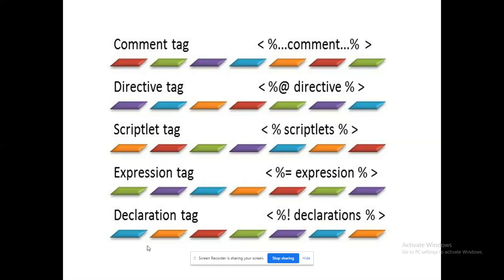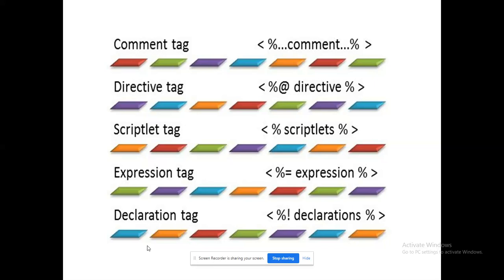Only pertaining to dots, it is comment tag. I'm going to mention %scriptlet tag. So scriptlet tags are mainly used when I'm going to work with Java code. %@ means the code will run at server. %scriptlet means it will be handled directly by the compiler. %equal to means it will evaluate an expression. If you are going to give a Java expression there, it will be taken care of and evaluated.